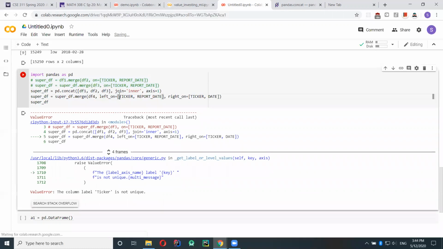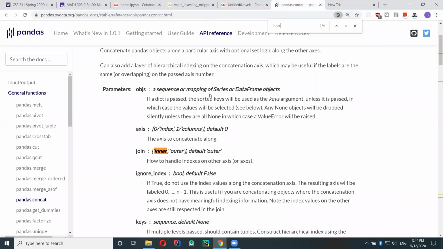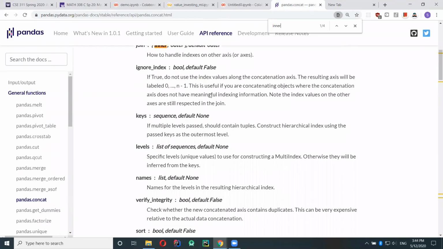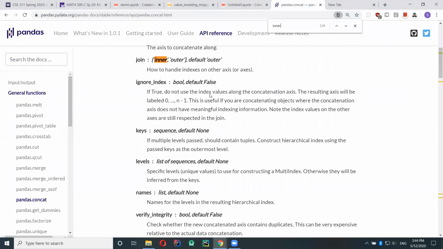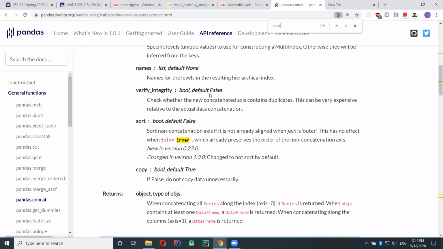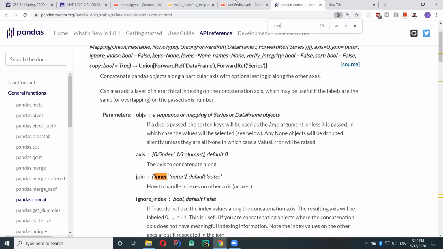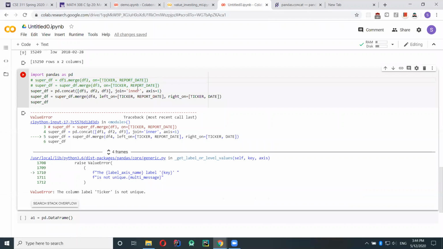Oh, I see. Okay, yeah, concat. I think the problem is that concat created duplicate labels. Do you know if there's a way to, I haven't used pandas concat. Okay, whatever.